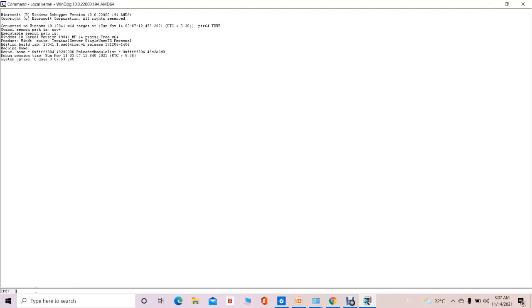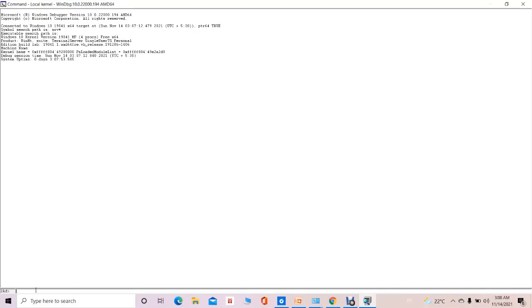Whenever a process is created in the volatile memory, the eProcess structure for that particular running process is also created. The eProcess structure specifies the various attributes or fields which are associated with that particular running process. So how can we access the particular structure of the running process, that is the eProcess structure?